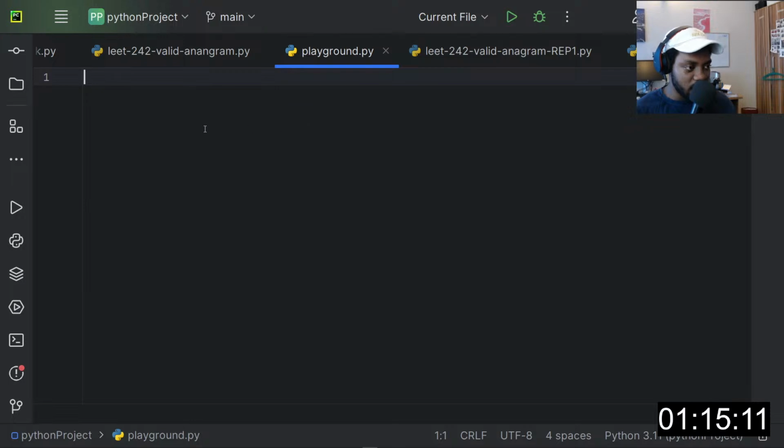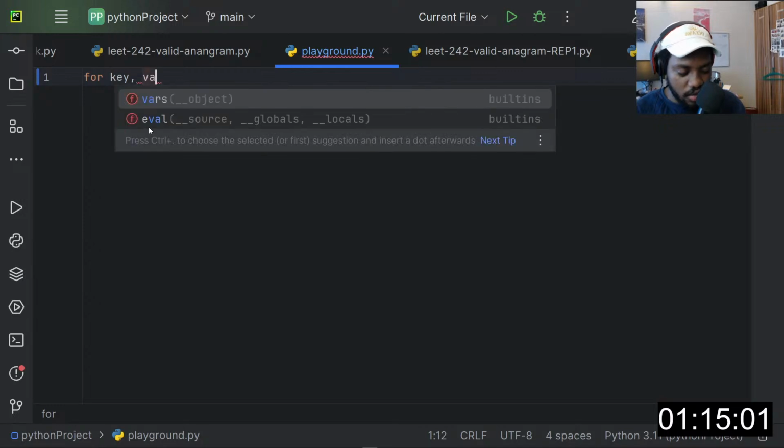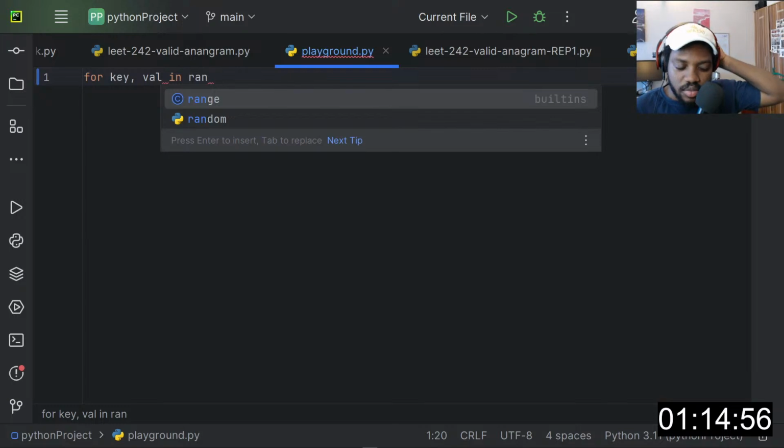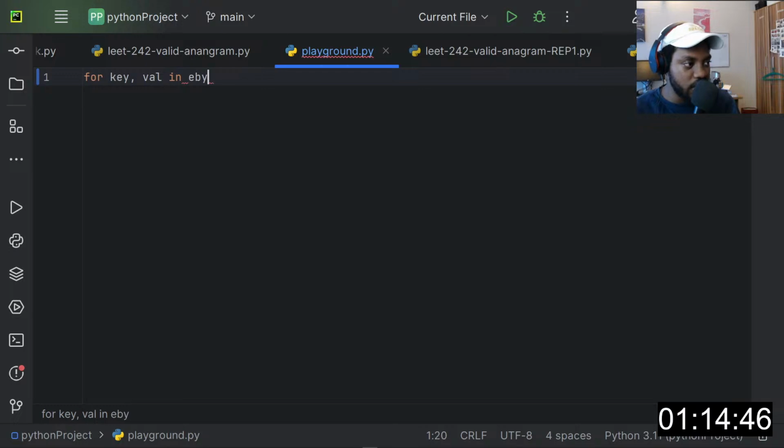I just want to confirm that. Let me see. Enumerate. So for key value pairs, in not range but enumerate of 3 1 like this.